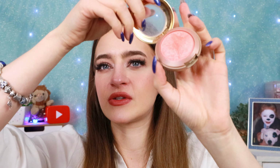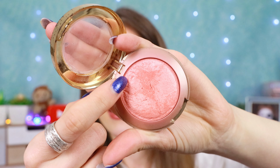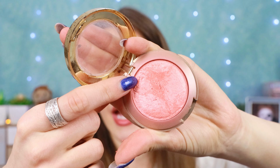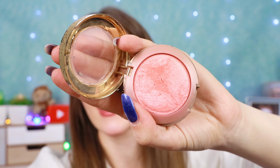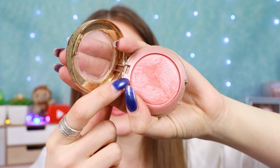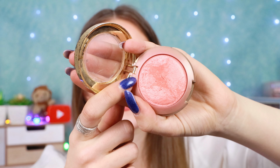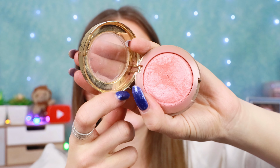Let me give you a close-up. So up here, can you see? The pan is exactly where I'm pressing down on it. That's the pan. On the outside, I feel like I've just done something. I feel like I gouged it out a little bit, but I think on this side, I actually have hit pan on this, but because it's like a baked product, you can't necessarily see it, but I think that is pan. What do you think? I did just gouge my nail into that a little bit, but it still has